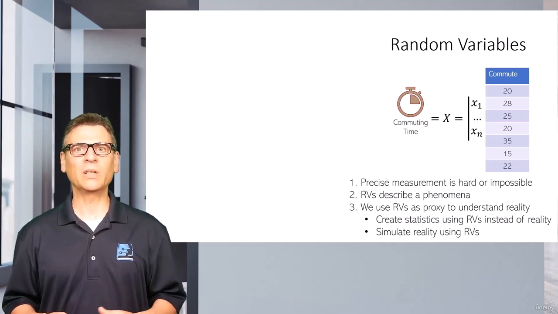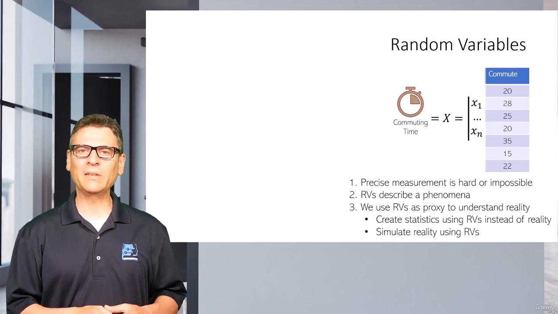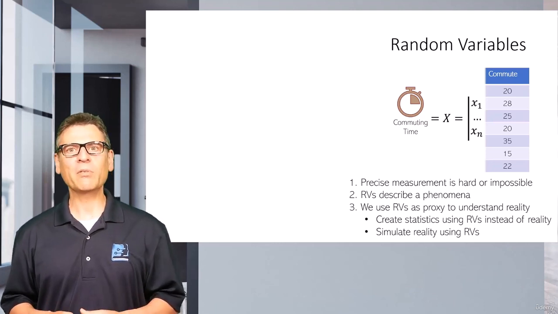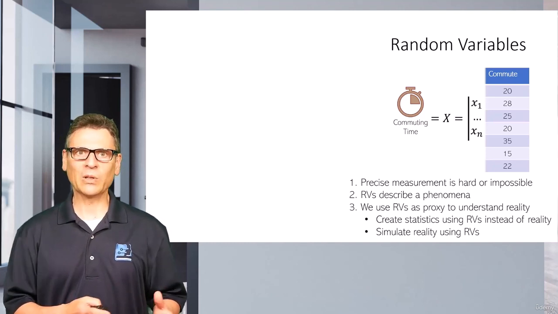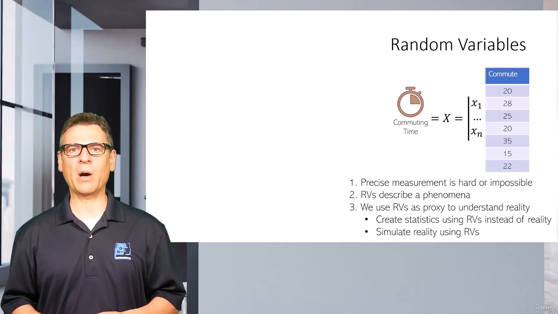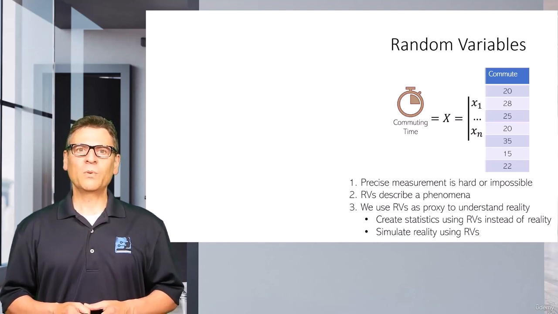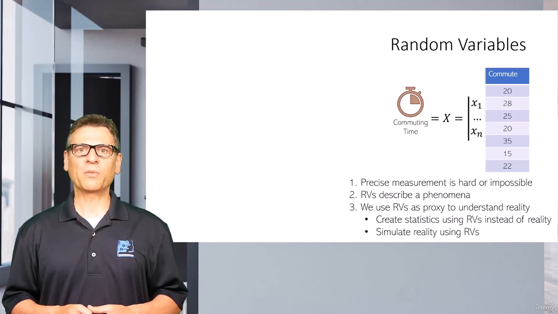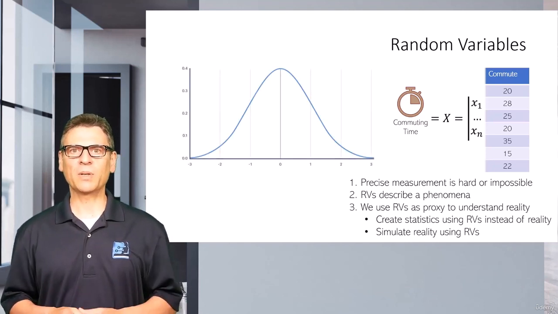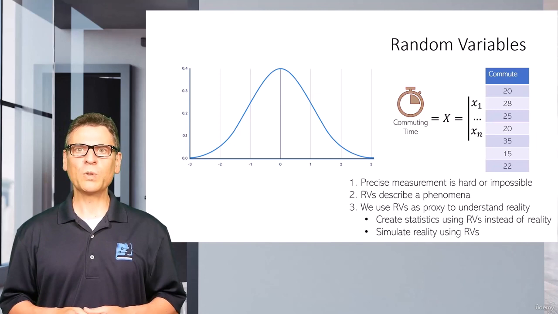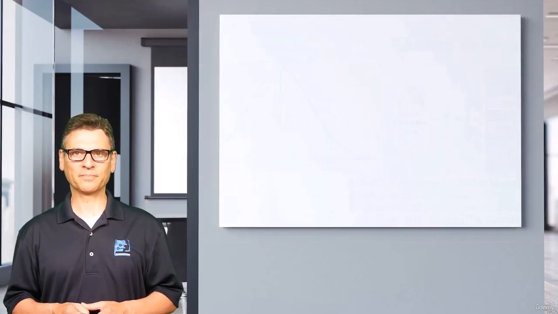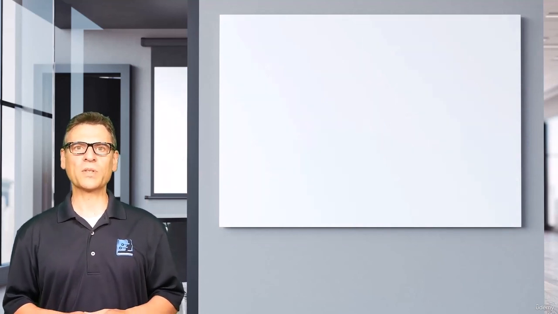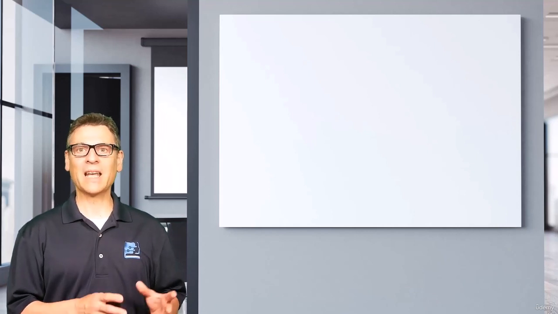For example, calculating the mean of commuting times when leaving at 8 o'clock in the morning and comparing it with the mean of commuting times when leaving at 9, given the data we collected contains commuting times at both hours. We will also see that the values of a random variable will follow a certain shape that we will call distribution, which will allow us to measure probabilities and do other interesting things. Okay, with this concept in place, we can start asking questions using the random variable instead of going out there and commuting.